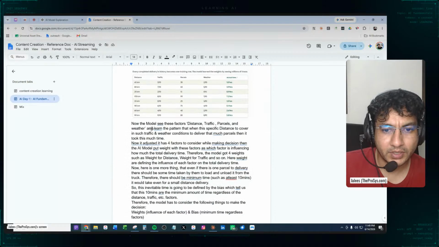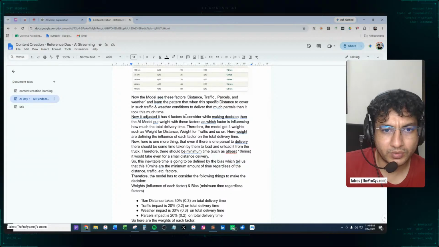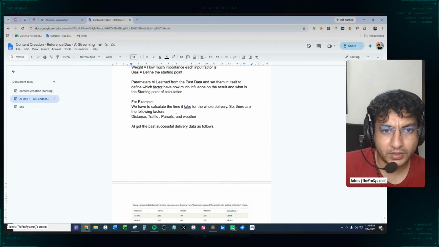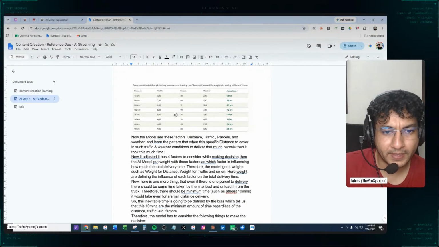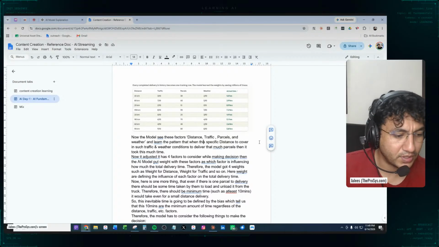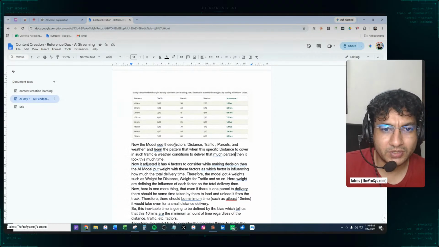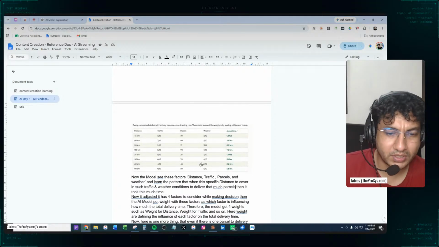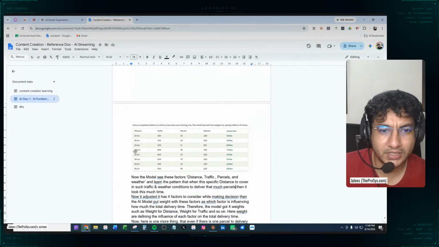Okay, and then now, for example, now the model sees these factors, like distance, and learns the pattern when this specific distance occurs. Okay, अब यहाँ पे जो इसके पास डेटा आया है उसने ये यहाँ से सीखा है कि यार इस इन